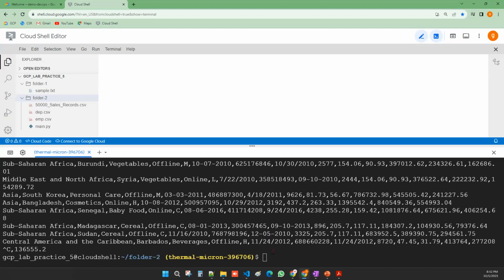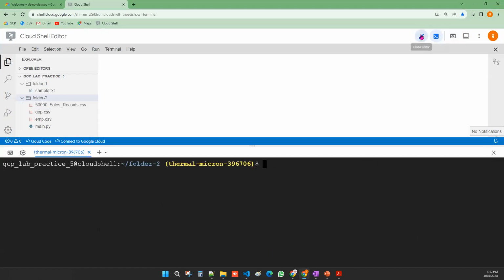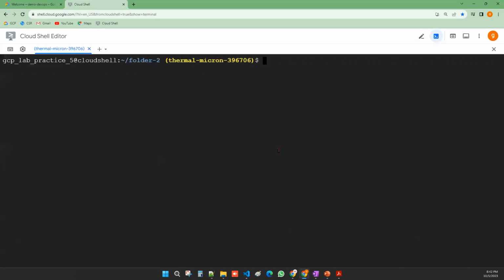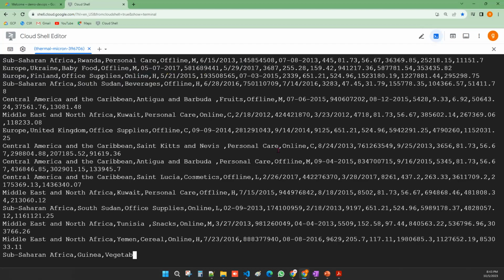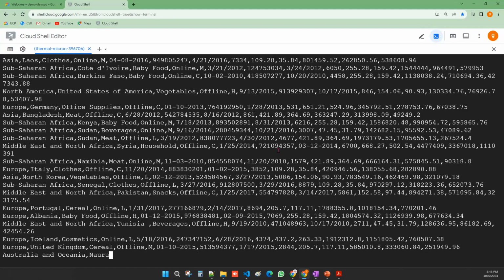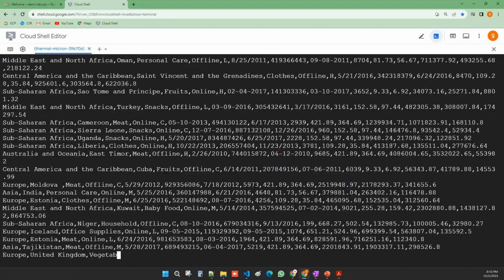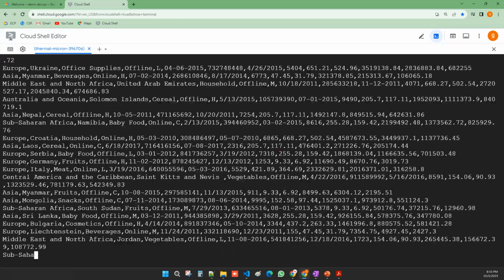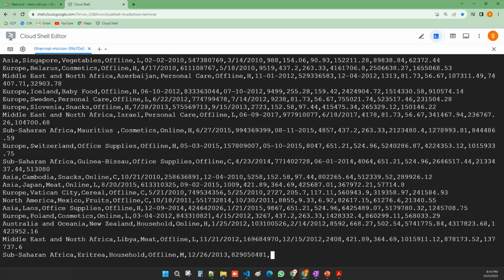Okay, so clear the screen. I have cleared the screen again. See here, I have one more file. If I list it out, I have 5000 sales records.csv. If I want to see the data, you see here, this is very huge data. I don't want to see it like this because if it keeps on moving, how can I see the data? In such scenarios,